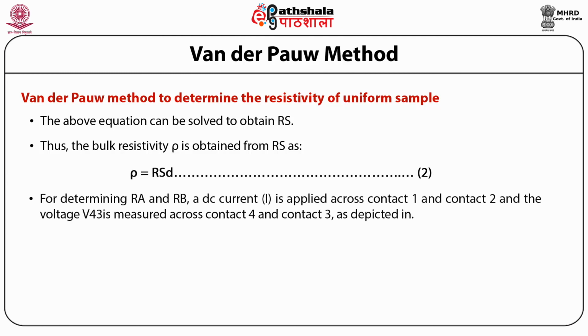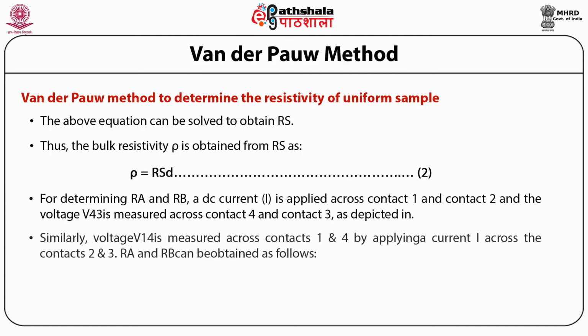For determining Ra and Rb, a DC current I is applied across contacts 1 and 2 and the voltage V43 is measured across contacts 4 and 3. Similarly, the voltage V14 is measured across contacts 1 and 4 by applying current across contacts 2 and 3. So, Ra and Rb can be obtained as Ra equals V43 divided by I12 and Rb equals